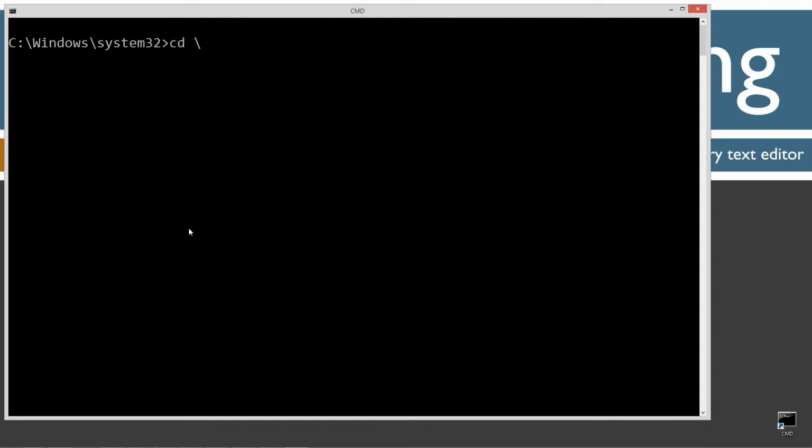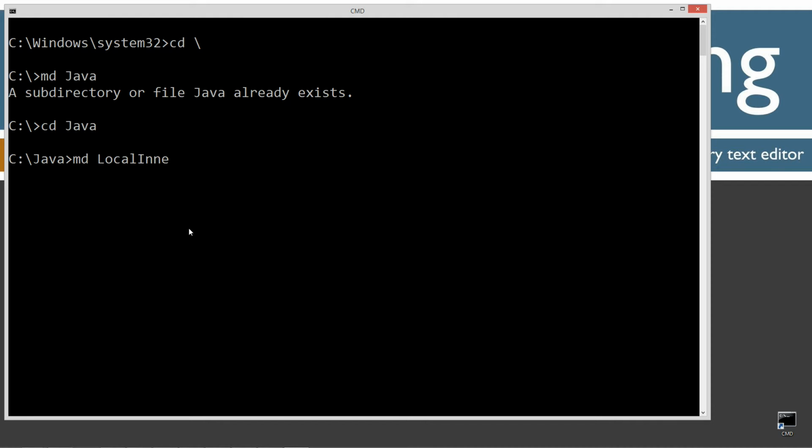CLS to clear the screen. CD space slash, where CD is short for change directory, tells it to go to the root. I'm going to make a directory with the MD command called Java. I already have that folder, but if you don't, it'll go ahead and create it for you. Let's change directories to the Java folder. We'll make another directory here, and I'm just going to call this LocalInner class. Let's change directories to that folder. And I'm on to Notepad,